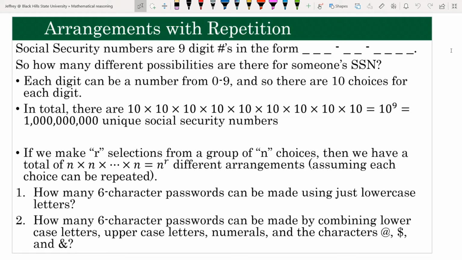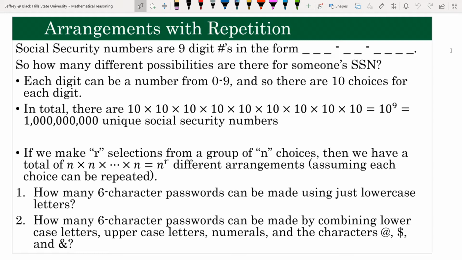Now, of course, this is not excluding some obvious numbers like having all of them being zeros or ones or whatever, as I highly doubt that these are actual social security numbers that are allowed. But we've talked about this multiplication rule before, clear back in the first chapter of chapter 7, where we looked at just having a certain number of choices for the first item and the second item,